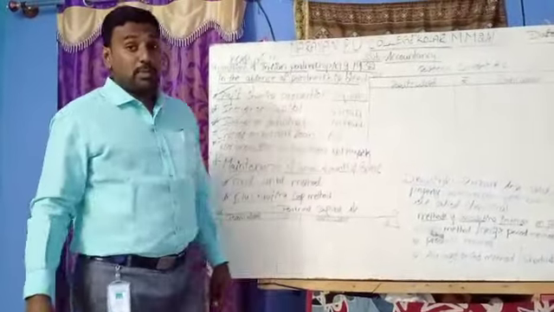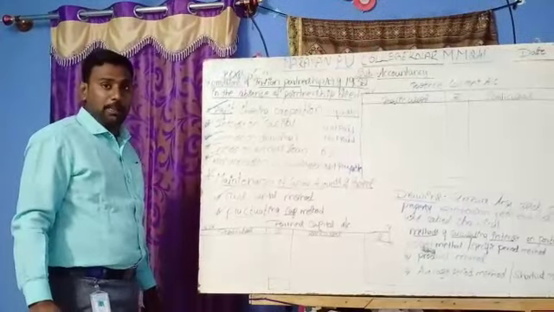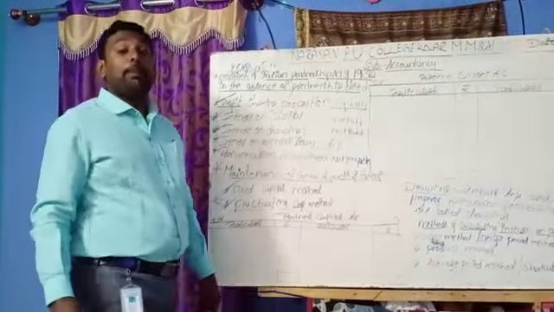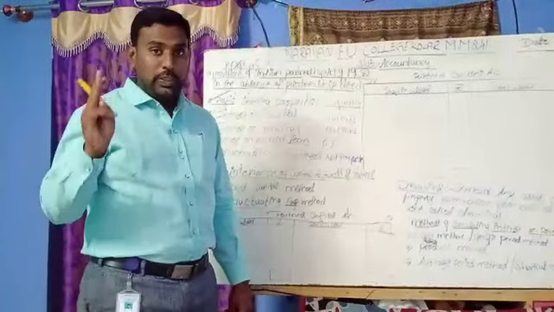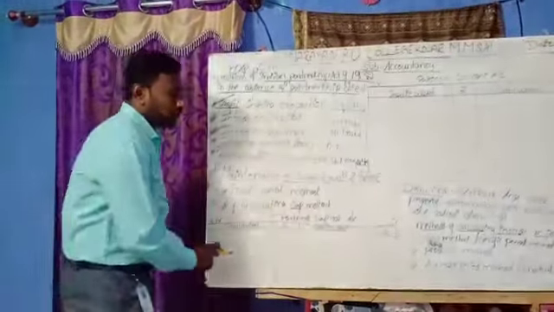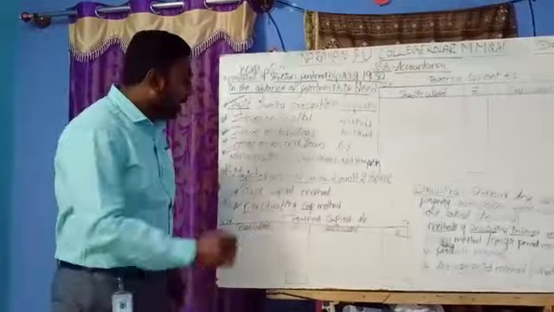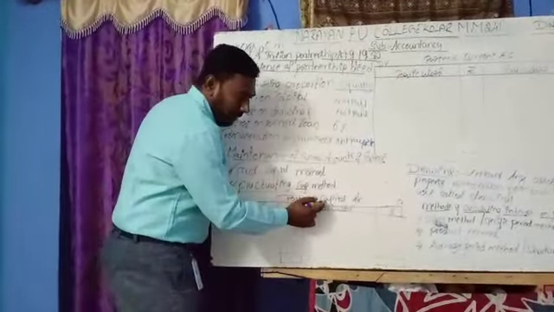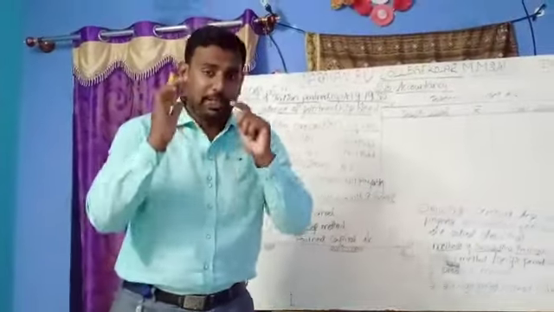From the examination point of view, they may ask what the methods of the partner's capital account are. This is a 2 marks question. Sometimes they will ask us to prepare the partner's capital and current accounts for 2 years or for two partners, with imaginary figures, and we have to prepare the account in this manner. First we have to draw the columns for the partner's capital account. In this account we record only capital transactions.